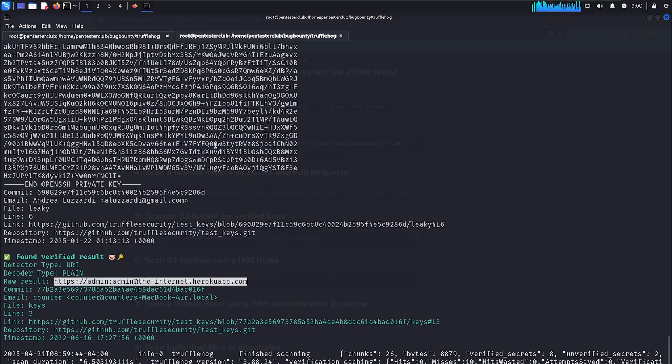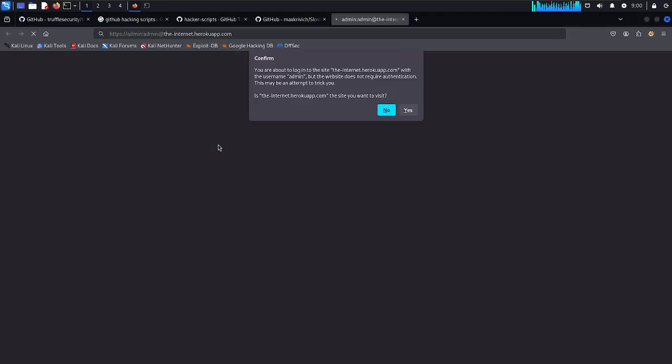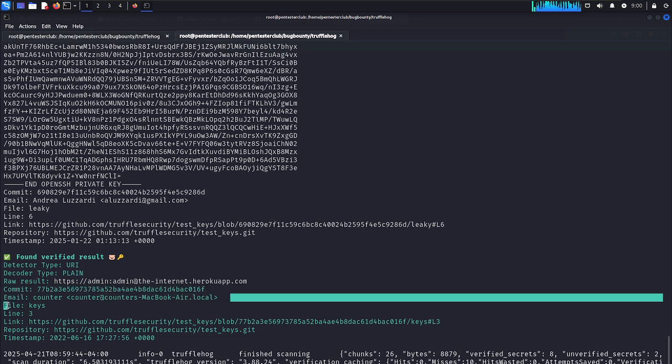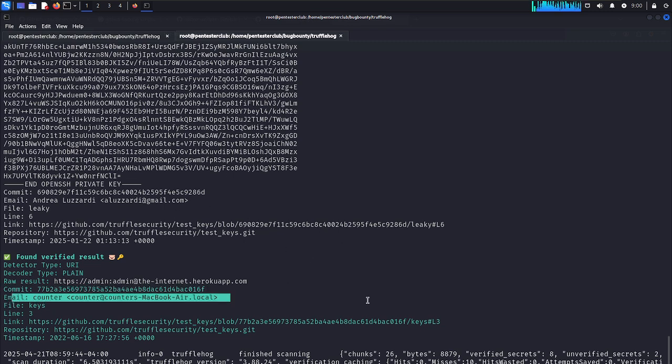I would like to try to open this. You can look here. Are you about logging into the site with the internet hierarchy app? So this requires valid credentials to log into the grid. Okay. Now you can look here. These are keys, a link and key, the counter with the MacBook Air. So they have utilized the MacBook Air, maybe a 2017 version MacBook Air, where